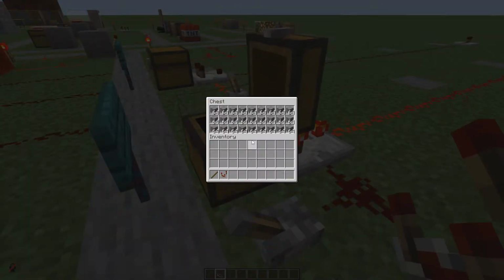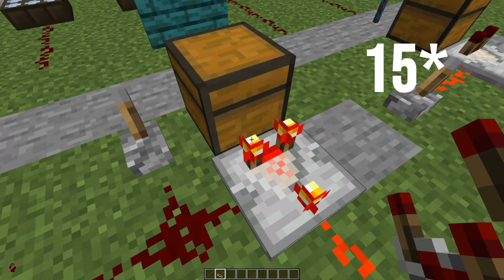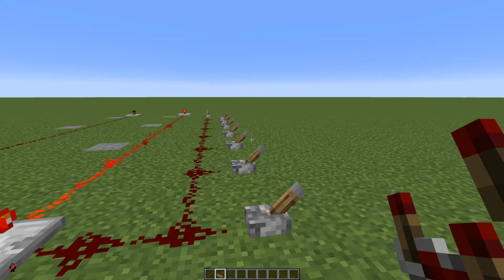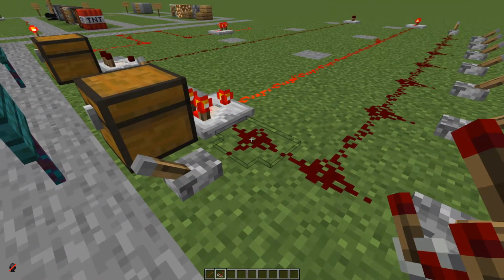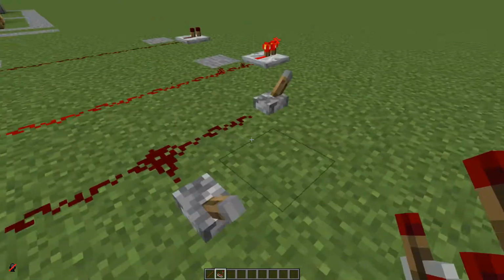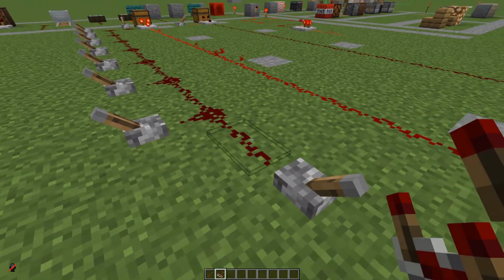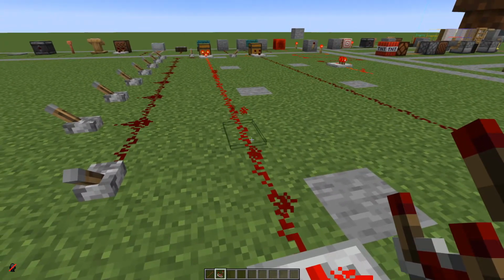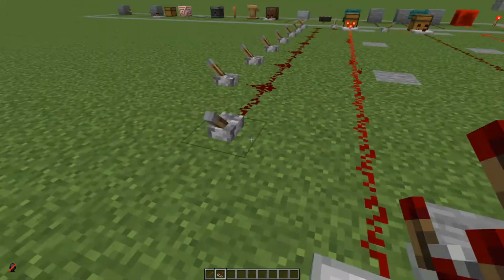So we can see that I have a full chest here, which means that we will get a strength of 16 to the input on the back. Now on the side here I have a bunch of levers set up, so the closest one will give a strength of 15, and then we will get lower and lower from the side. So we'll start all the way at the end here to give off the least strength from the side, which means that this signal that we have all the way down here to our repeater, which is 15, will get